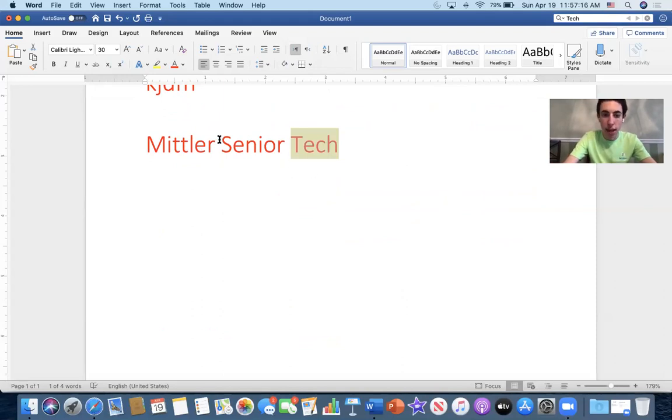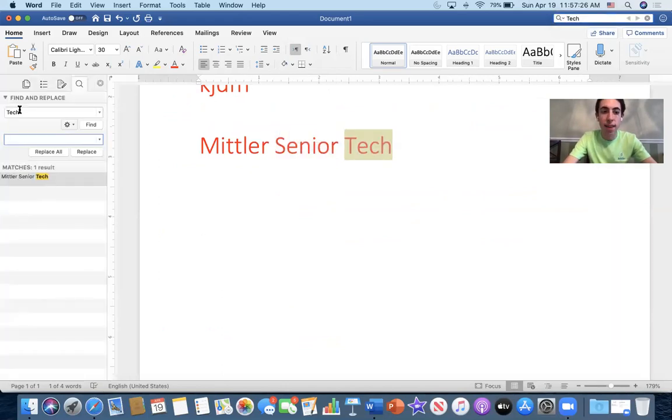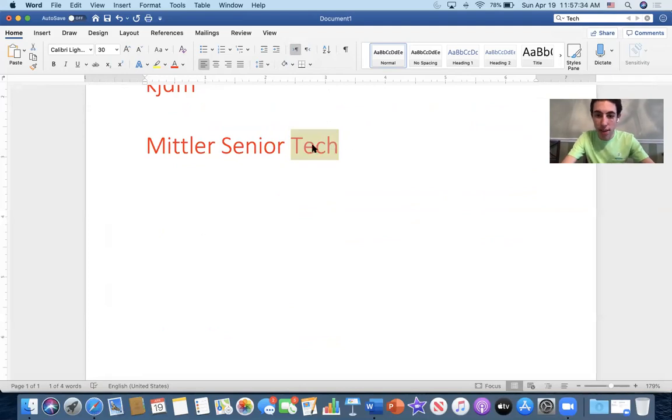For example, let's say you wanted to lowercase the word senior in this sentence and it says senior 50 times. You could do what's called find and replace. Type in the existing word and what you want to change it to, and then click on replace all. The way you access that is by going straight to where you would type in tech. Here I typed it up on the top right next to the magnifying glass, and then replace. So that's a cool function on Microsoft Word.